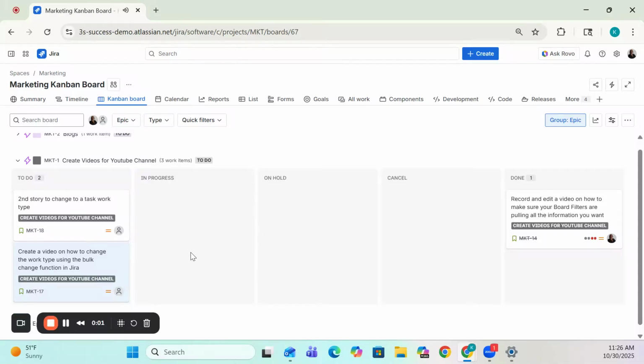In this video, we're going to walk through how to change the work type of multiple tasks using the bulk change function within Jira. So here you can see I have this story right here, and I have this story right here. I want to change both of these to be task work types rather than stories. We're going to first narrow down the tasks that we want to update, so these two right here, by using